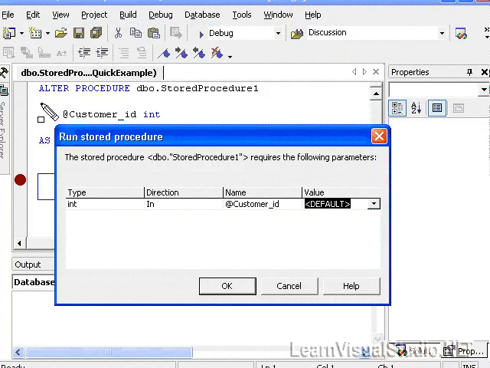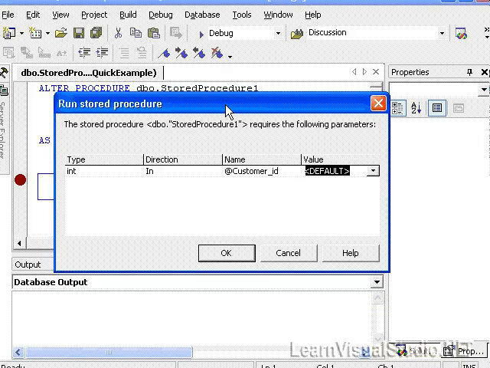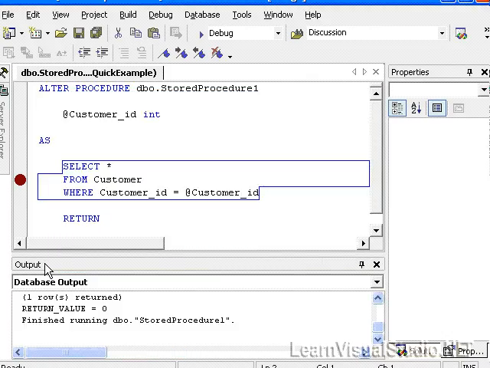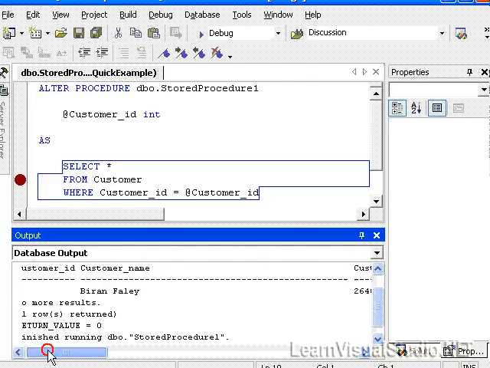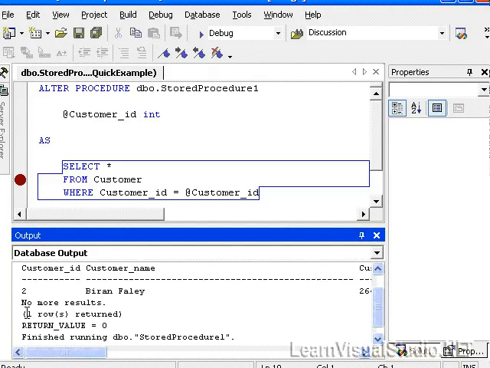What will happen is, since we have an input parameter defined as customer ID, that you see right here, it's going to ask us what value we want to put for that customer ID, and we can type in a value of 2 and select OK. And when we do, notice that in the output below, it gives us customer ID, customer name,